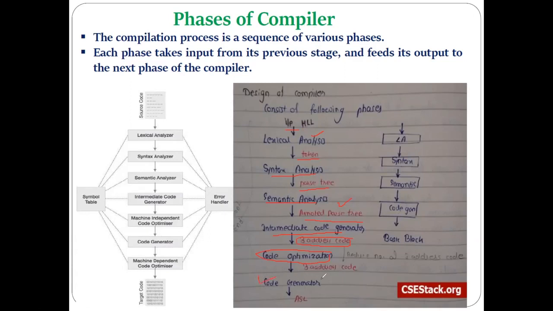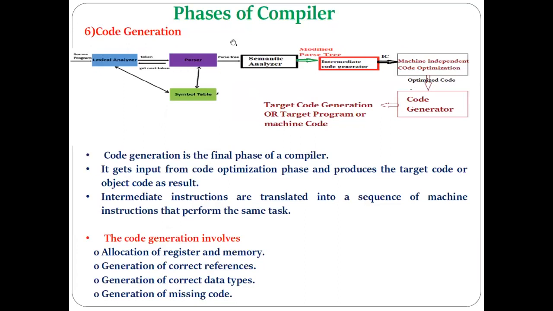So today we are going to discuss the code generator, the last phase of the compiler. This diagram is very familiar to all of us from the first lecture of this unit number 3. We are discussing this figure and the different phases in it, and we have now reached this point. Today we have to discuss the code generator phase. Last time we saw how the code optimizer does the code optimization and generates the optimized code.